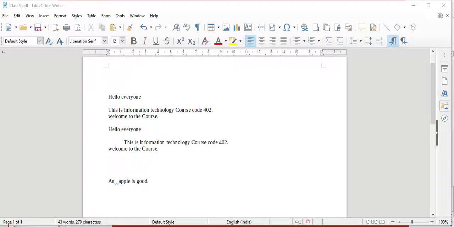If there is a grammatical error, a blue wavy underline will be there. Just right click on that, bring your mouse here, and the extra space option is there.